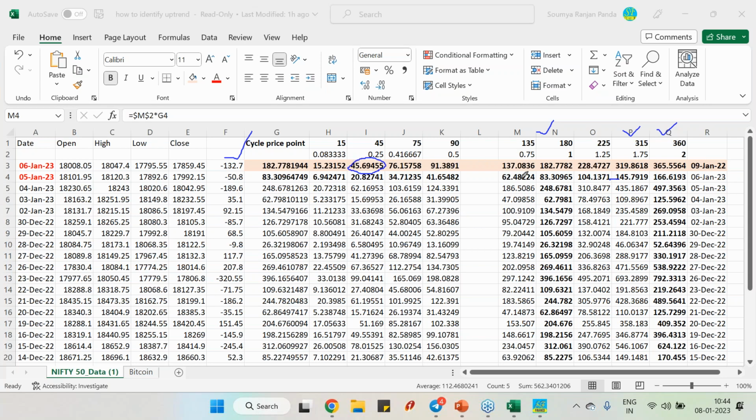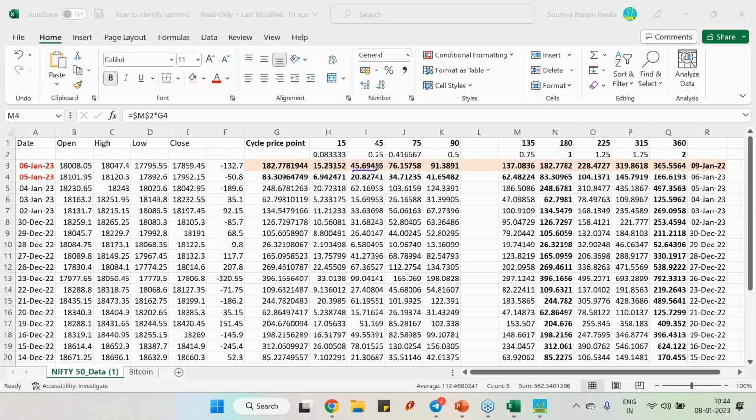So it is in between 62 to 145, or 62 to 166, you can say. So for the 9th January, if the Nifty